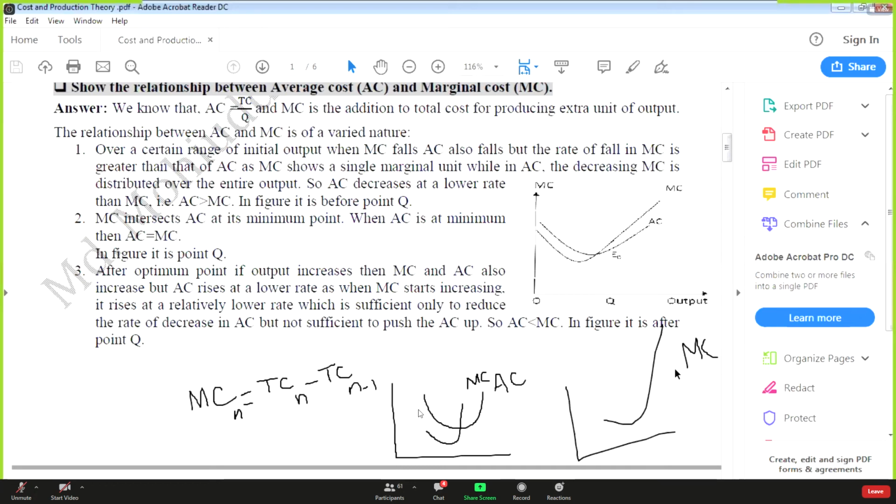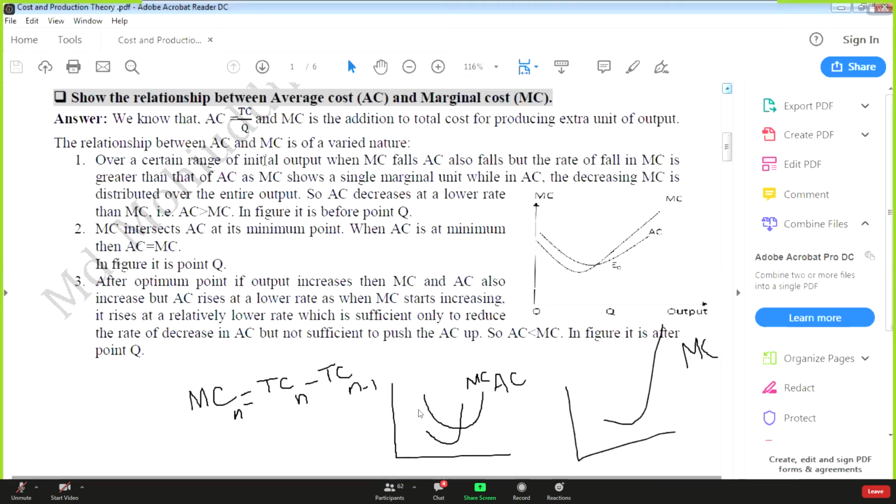So in your syllabus, all of the questions we are not discussing. We are discussing only the important questions. Because the total microeconomics concepts are in your first year, and this is actually the fundamental. For that reason, I am not discussing this one.